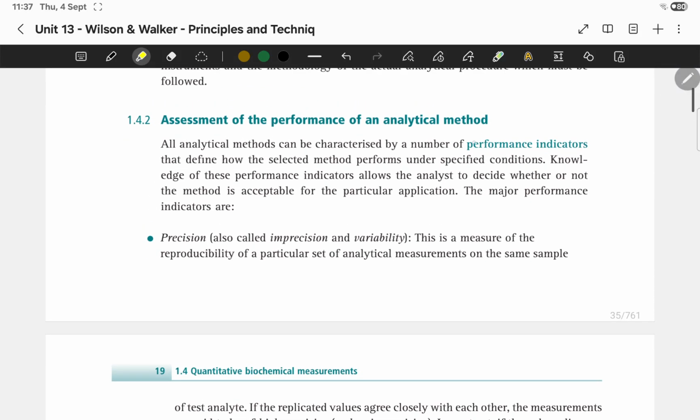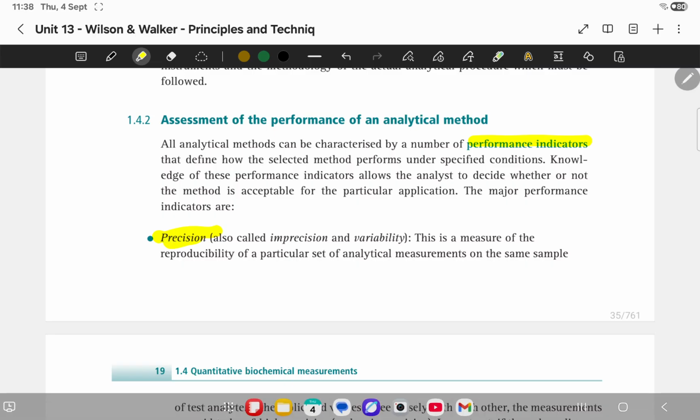Performance indicators define how a selected method performs under a specified condition. Knowledge of these performance indicators allows the analyst to decide whether or not the method is acceptable for the particular application. The major performance indicators: precision,